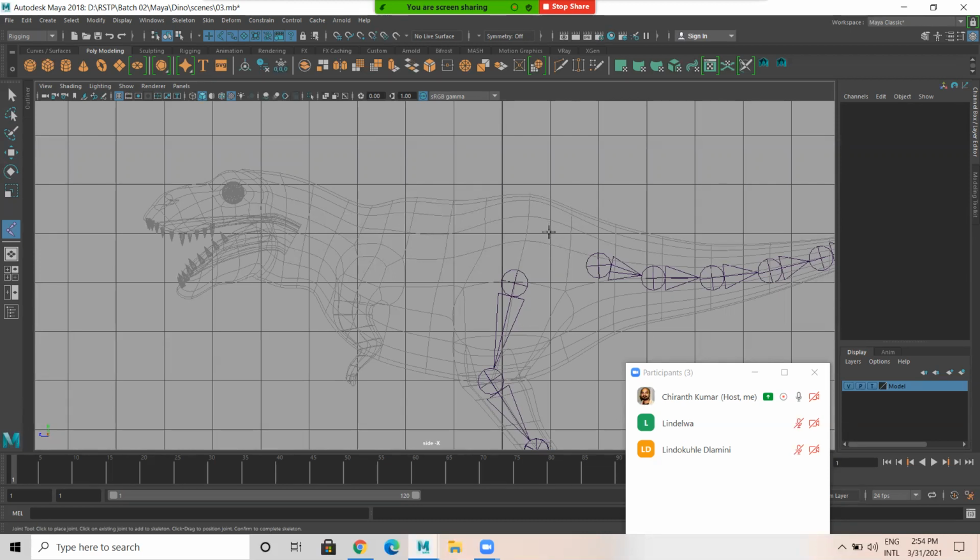Minimum 5 I need. 1, 2, 3, 4. Okay, I'll just press backspace. 1, 2, 3, 4, 5. I created these 5 joints.